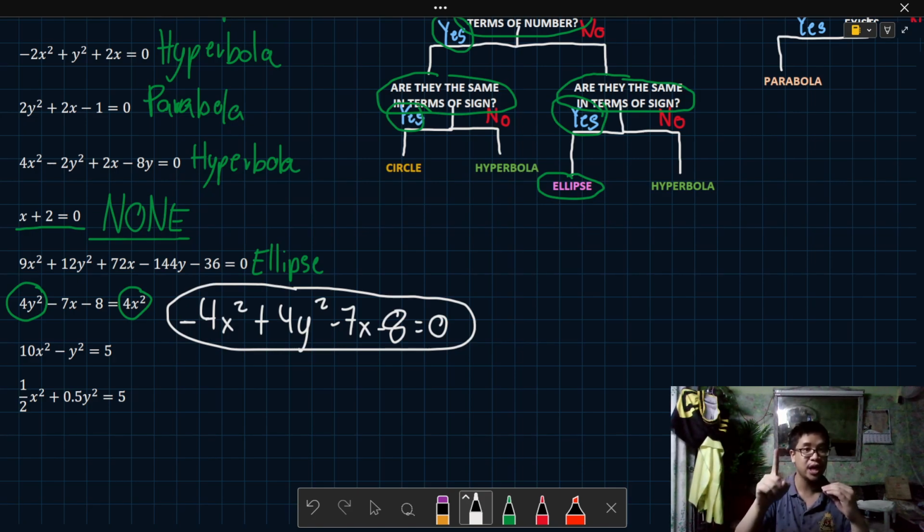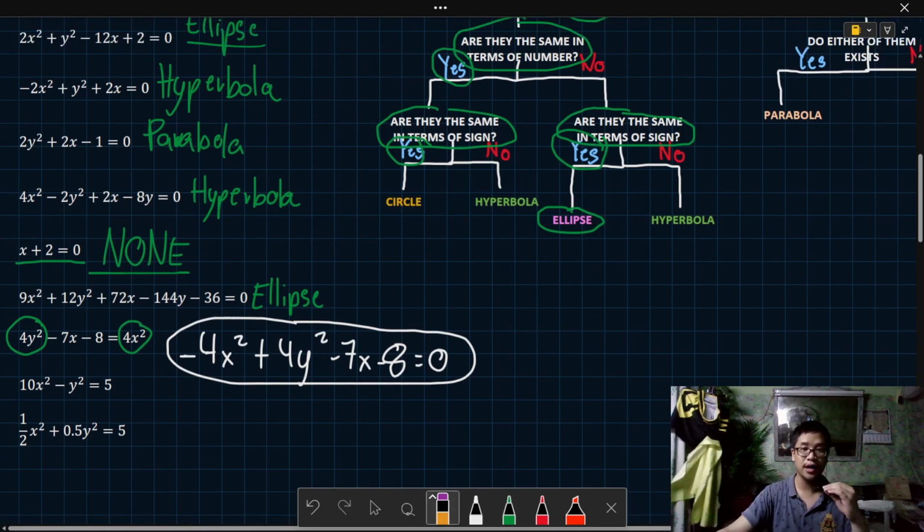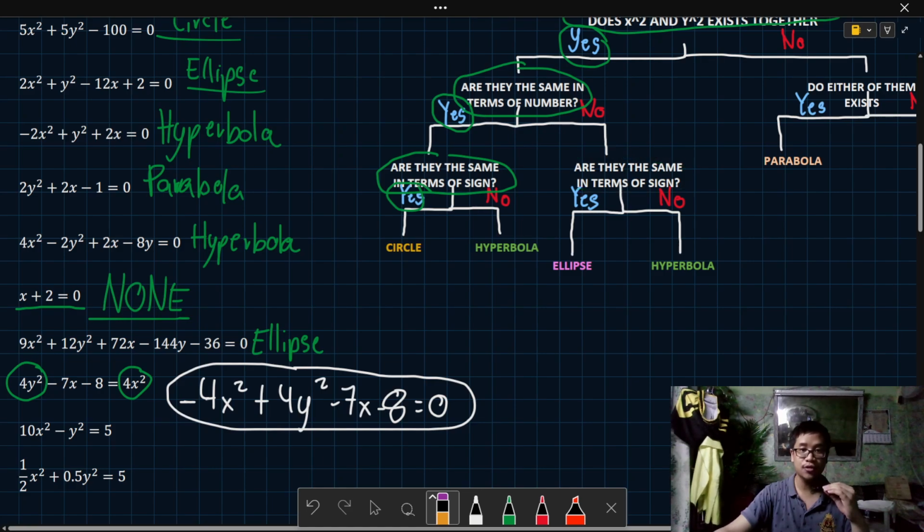And of course, make sure they are all expanded. So let's go back. This is already in general form. So what is now your answer? Okay. So now in this case, if you're going to observe,